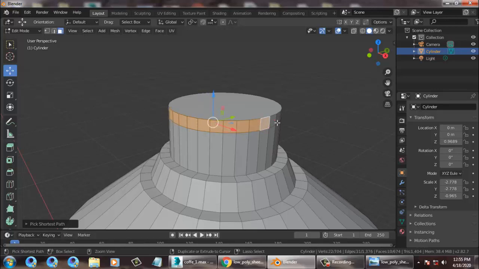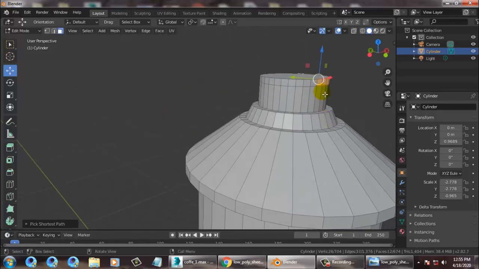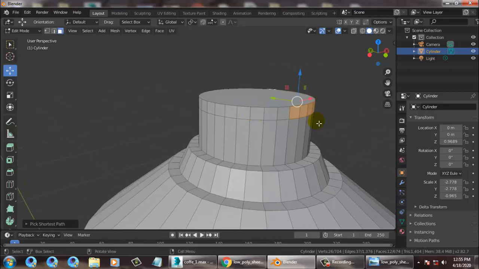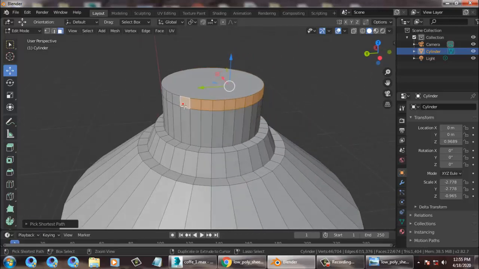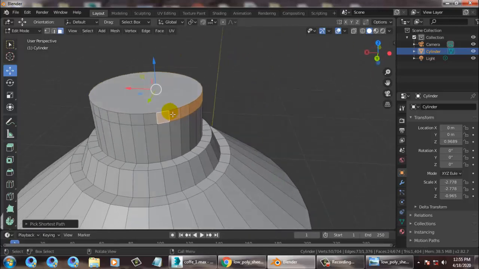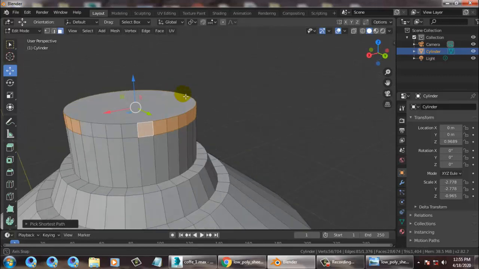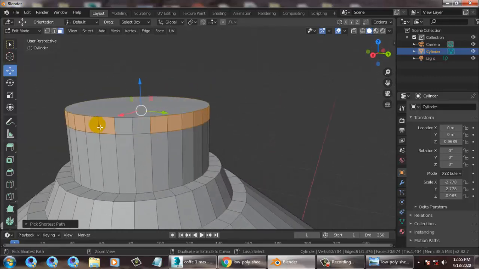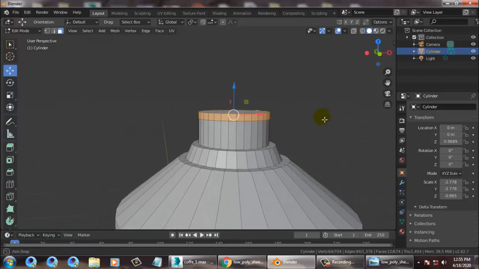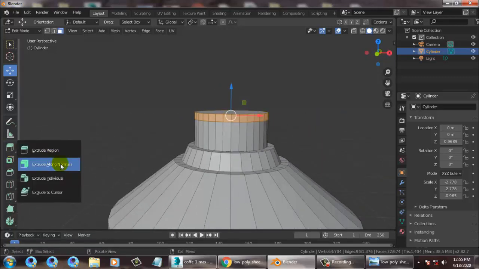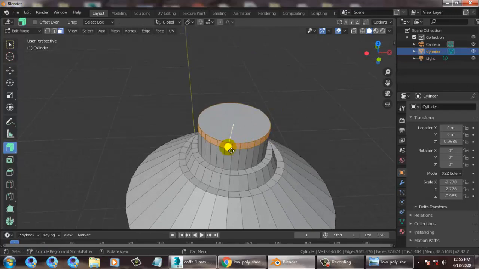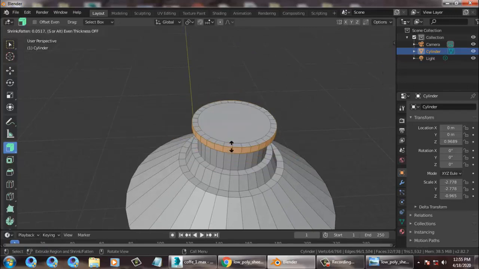So select all the faces, alright. So again let's go into this and extrude along normals and just extrude a bit. That's it. Alright.